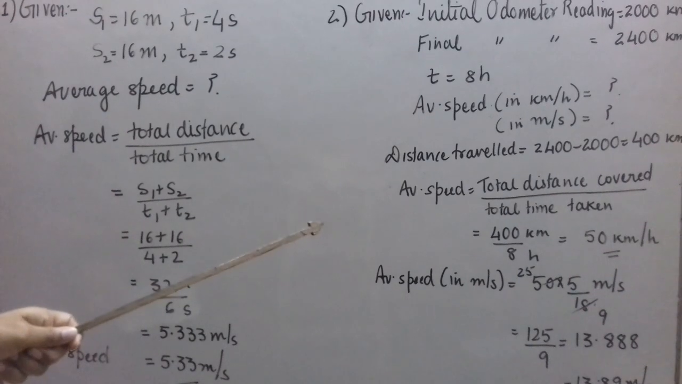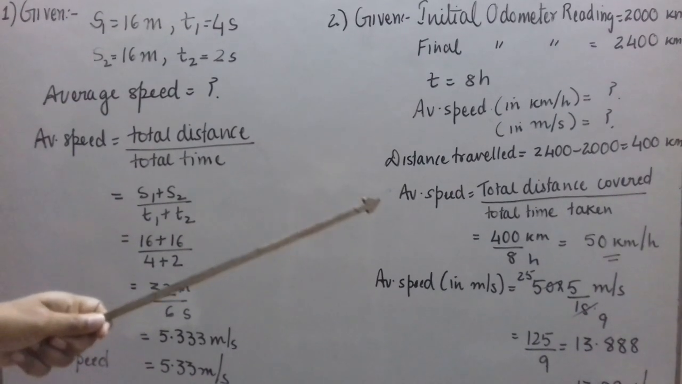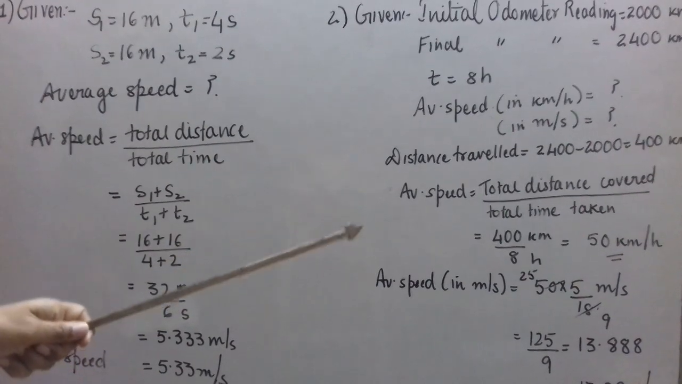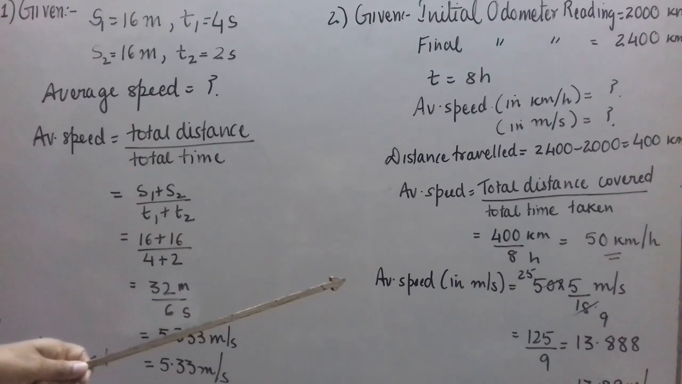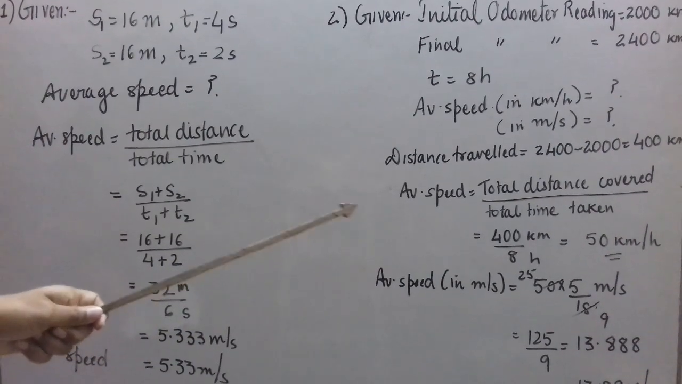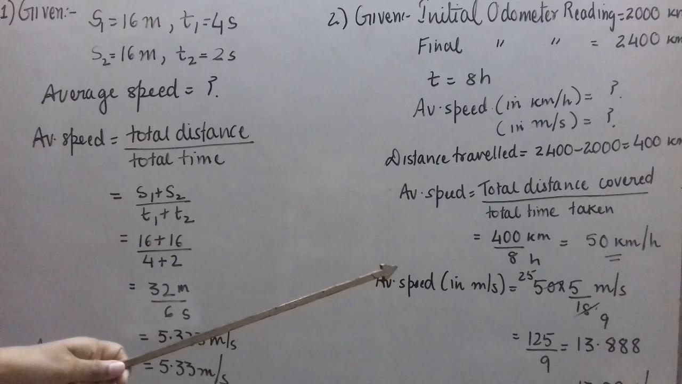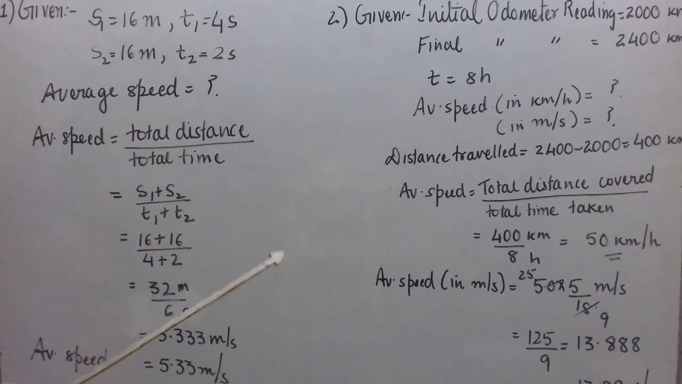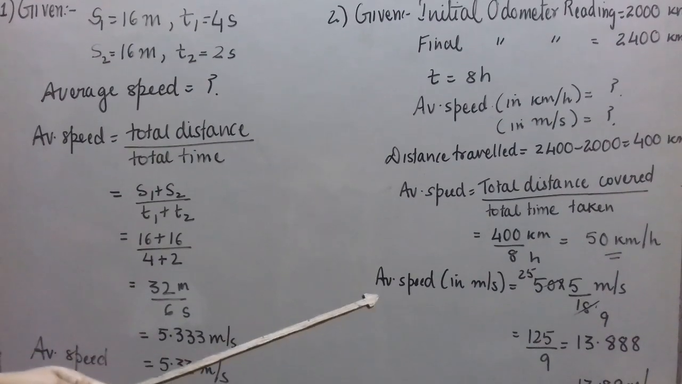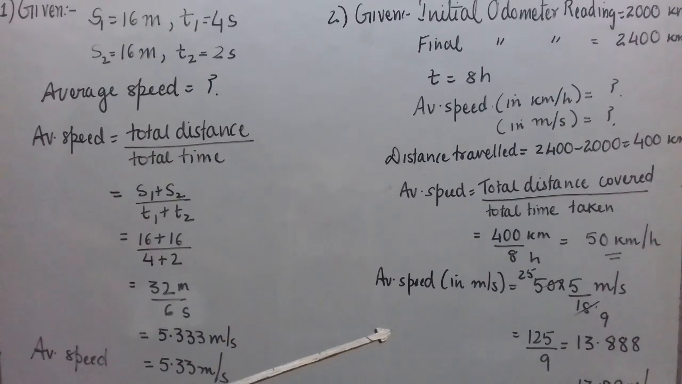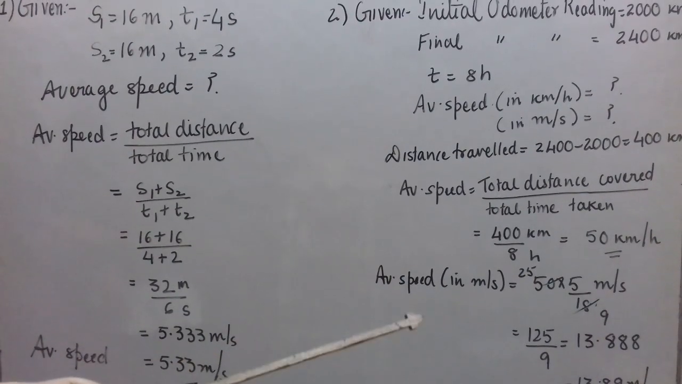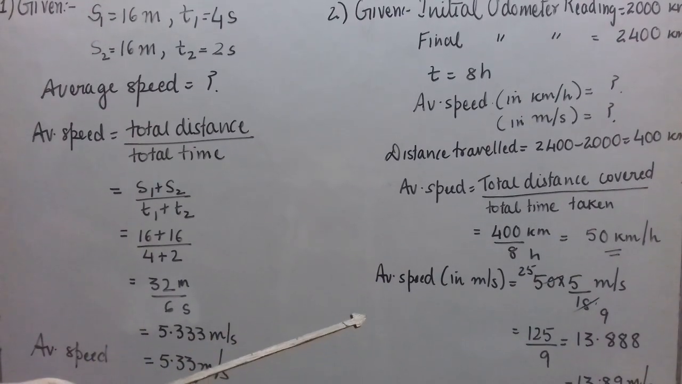And formula for average speed is again the same, total distance covered upon total time taken. Distance covered is now 400 km, time taken is 8 hours. So we get the answer for average speed in kilometer per hour as 50 km per hour. Now if we want to convert this into meter per second, we can simply multiply this by 5 by 18. So 50 km per hour is 50 into 5 by 18 meter per second,